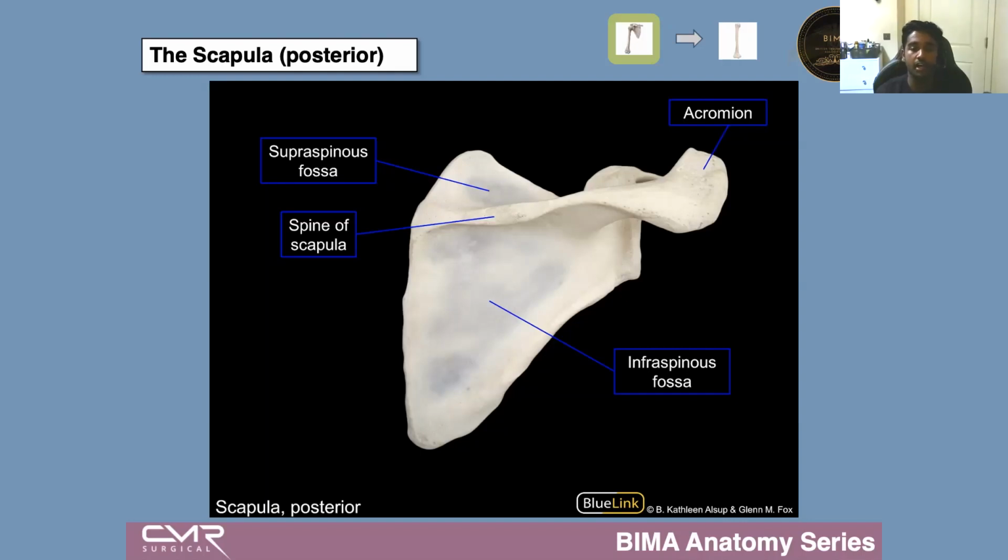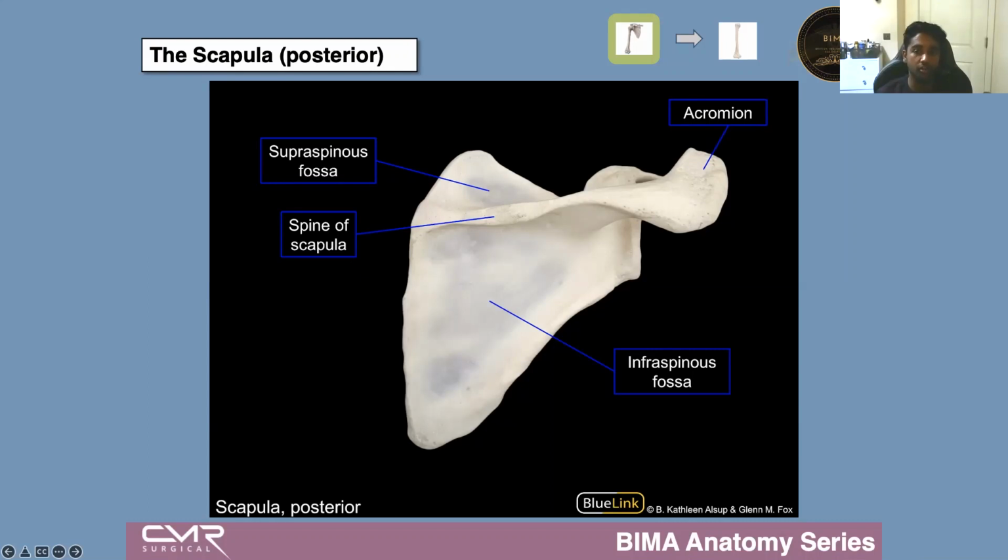You use the spine of the scapula as the landmark for differentiating the different areas you percuss, so that you percuss in sufficient areas to assess all of the different regions of the lung. So the spine of the scapula not only has anatomical relevance, but also has clinical practice relevance. It also divides us between the supraspinous and the infraspinous fossa. Now, fossa is going back to the subscapular fossa, cranial fossa, like I mentioned before. But the reason why it's called infraspinous and supraspinous is because it's above or below the spine of the scapula,